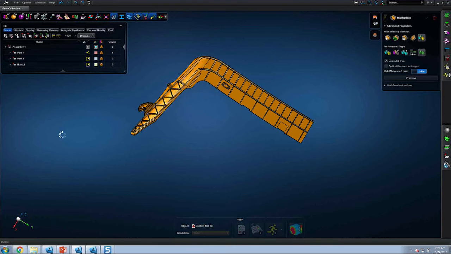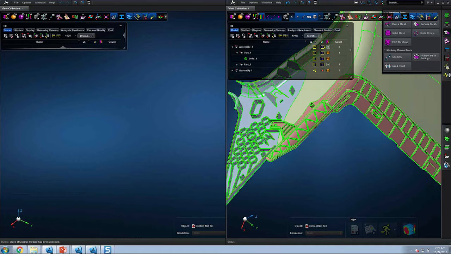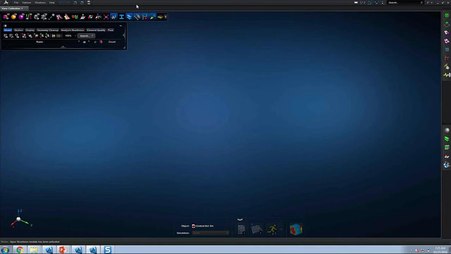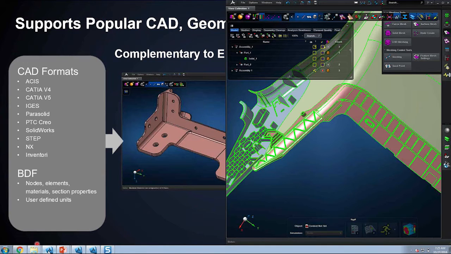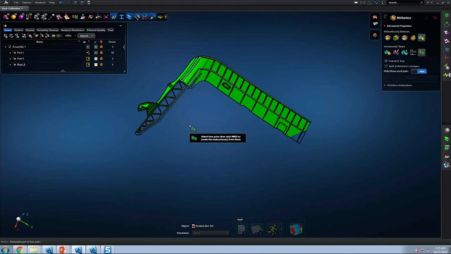I'll show this on the left, and then on the right I'll show you a semi-automatic approach where it can be very beneficial to us. So here, let me just minimize this window and get my bearings. So here on the left,